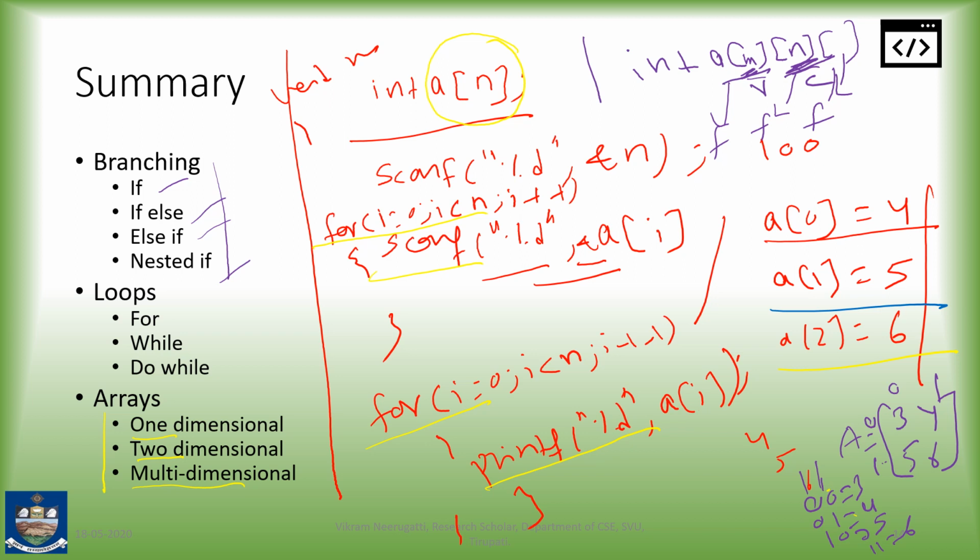And loops: we have for, while, do while, where we can execute a statement again and again. Here mainly we need to initialize, condition, iterate or decrement statement, and then the body of the loop. As I said, arrays may be one-dimensional, two-dimensional or three-dimensional collections of similar data elements. This video just gives you the direction. If you want to learn more, in the next class we will discuss these things, and you yourself practice with the loops and revise these things once again.